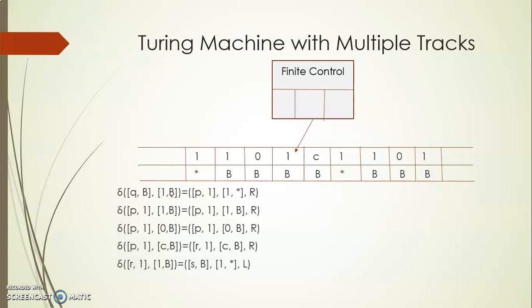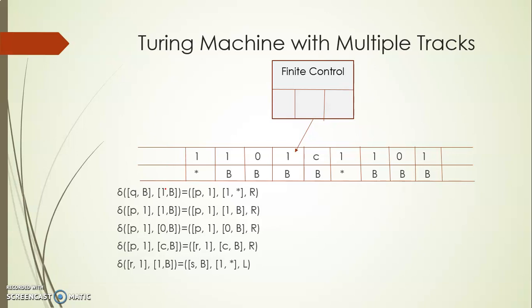Where will I be remembering it? Along with the state, right? So this is my storage and finite control. Here, instead of blank, I am replacing it with 1. Since I am doing something different from the existing one, I make a transition, right? Now what we have to do is that this same symbol has to appear in the same position on the right-hand side of the separator. So what symbol I have scanned, I am remembering it.